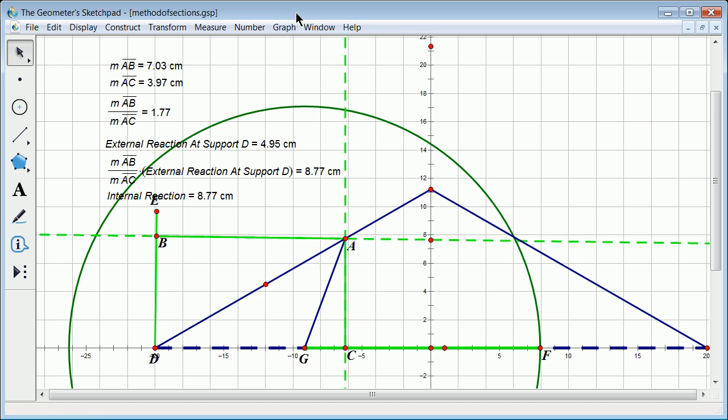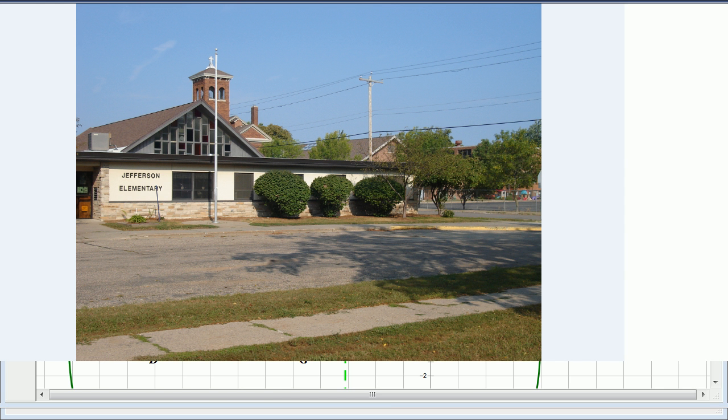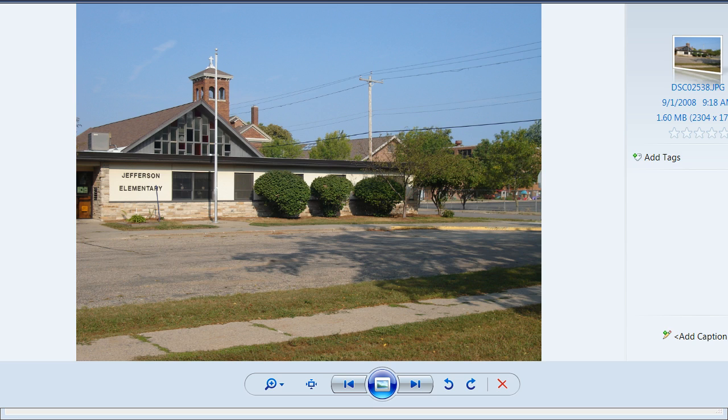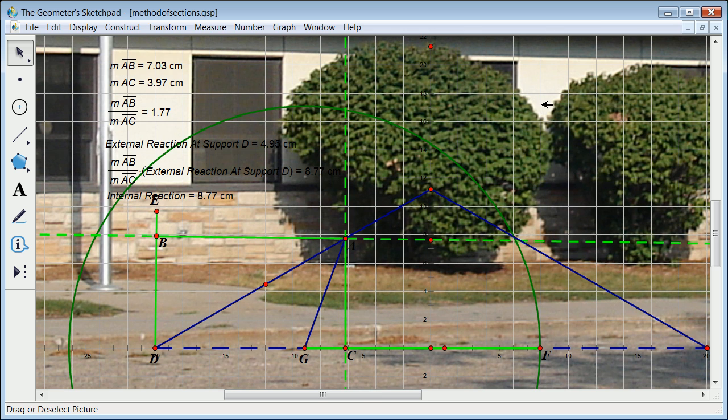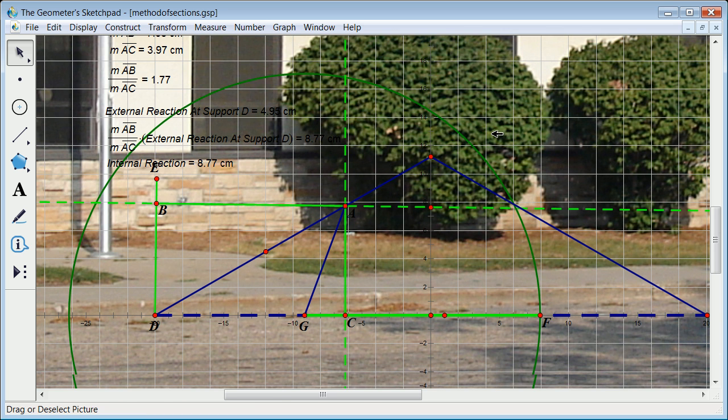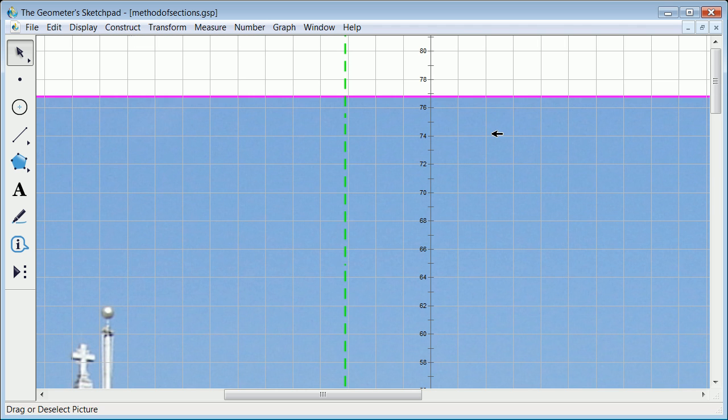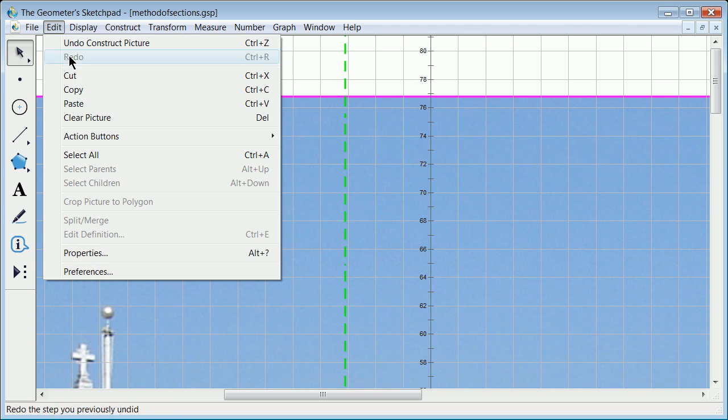I'm going to bring up a picture. I'm going to bring this picture in, there it is, a picture of my local school. I'm going to just drop it right inside of here. Okay, there it is. Now I'm going to zoom out. That's great. Kind of a big picture. You can get the idea. I'm going to do edit, cut that picture,